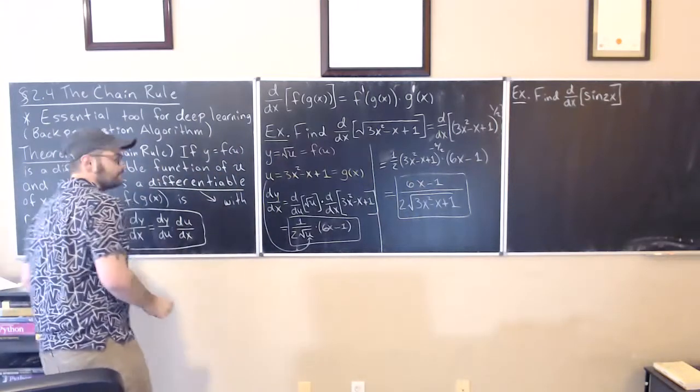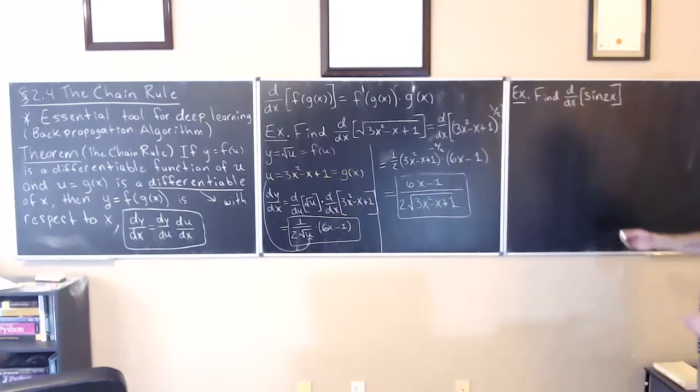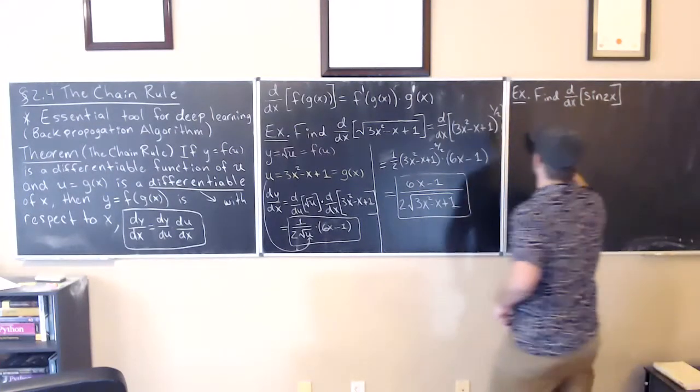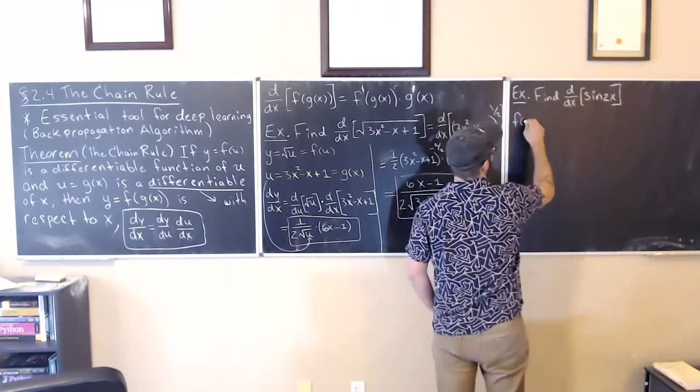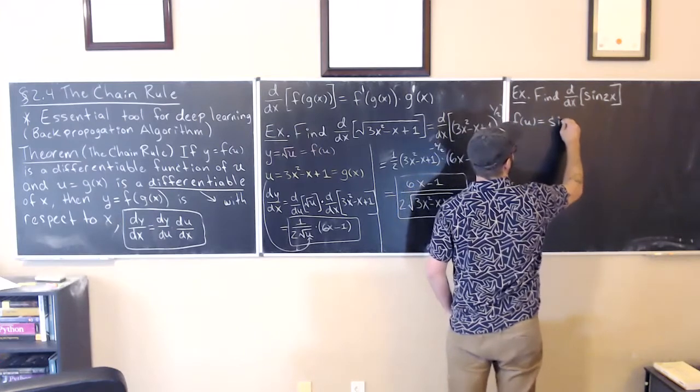So here, what would the outside function be? So if f of u is equal to sine u,